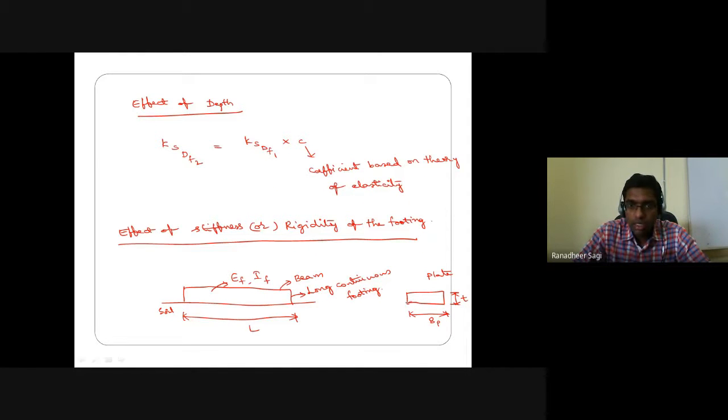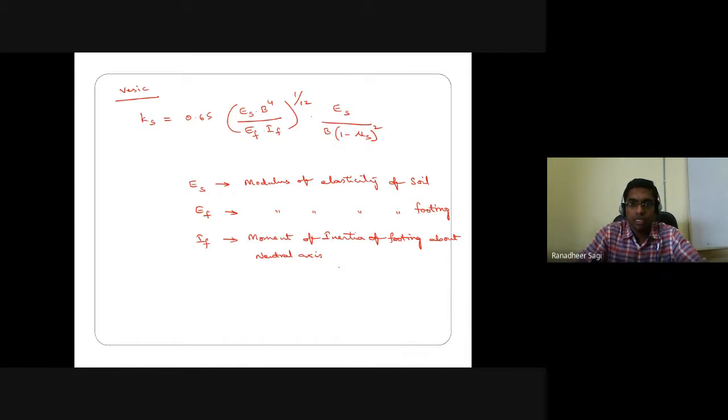It's not actually the plate that I am indicating. Here it is indicating the width of your footing, and this is the thickness of that particular footing. If I represent my footing like this, this dimension is what we call the width of the footing, and this dimension is what we call the thickness of that particular footing. And B indicates the width of the footing